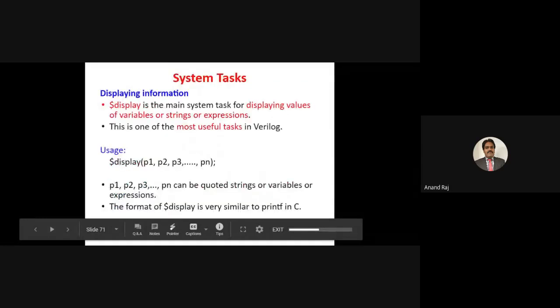Displaying information: $display is the main system task for displaying values of variables, strings or expressions. This is one of the most useful tasks in Verilog. Usage: $display P1, P2, P3, up to Pn.